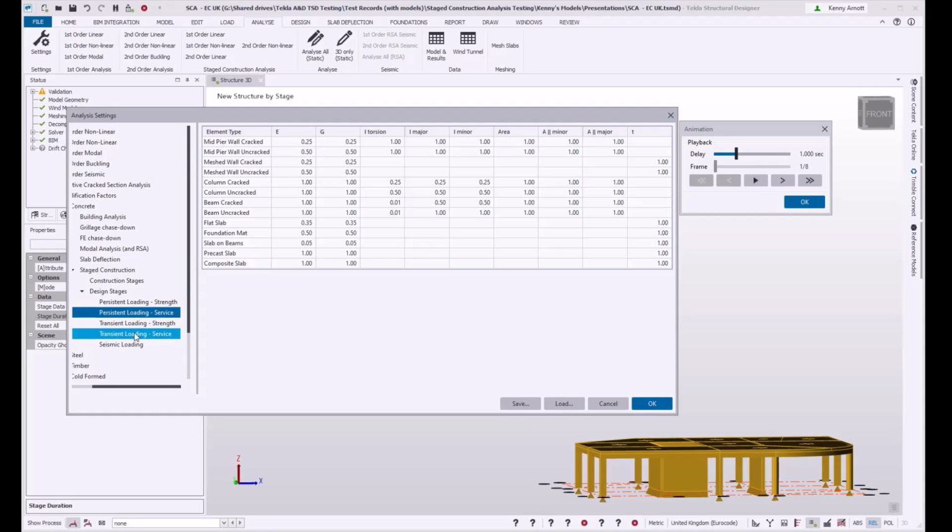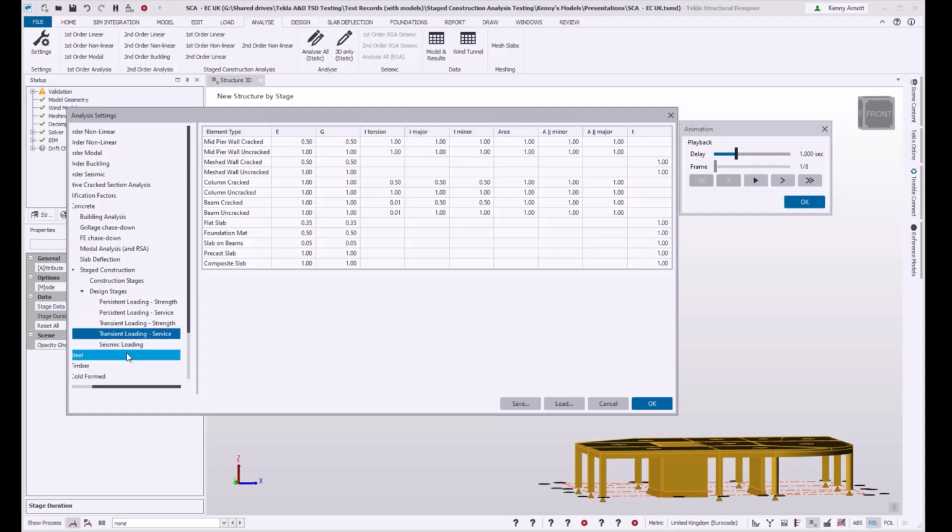The transient loading, so the combinations with the wind loading, use these two sets of factors. So the factors are all changed slightly, and again in a separate webinar I'm going to talk through where the defaults have come from, but again it's up to you. You may want to accept those defaults, you may want to put in some of your own.